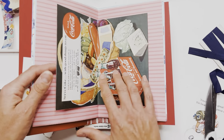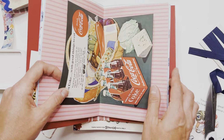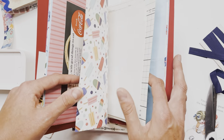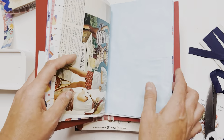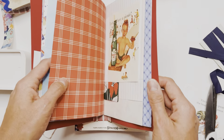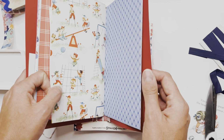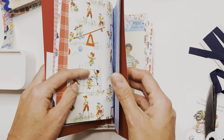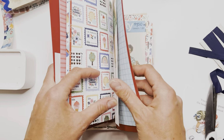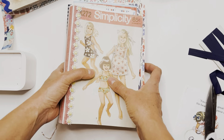Again, this was the back of a National Geographic magazine. A lot of times they have Coca-Cola. The vintage ones had Coca-Cola ads on the back. Lots of work that needs to be done still. Here's that wrapping paper again. So cute. And so that's what I'm working on,